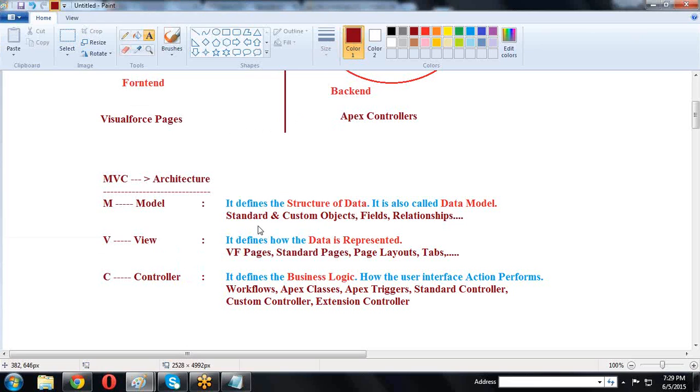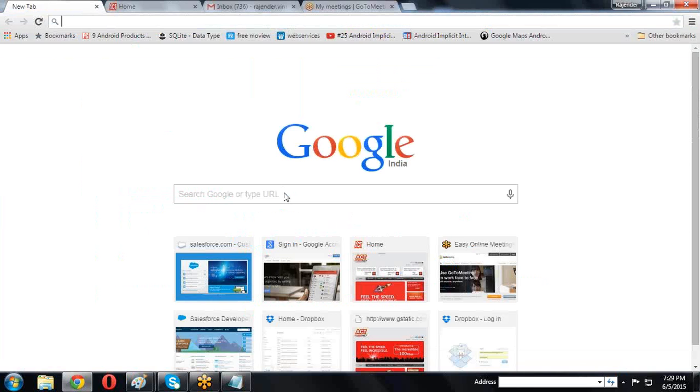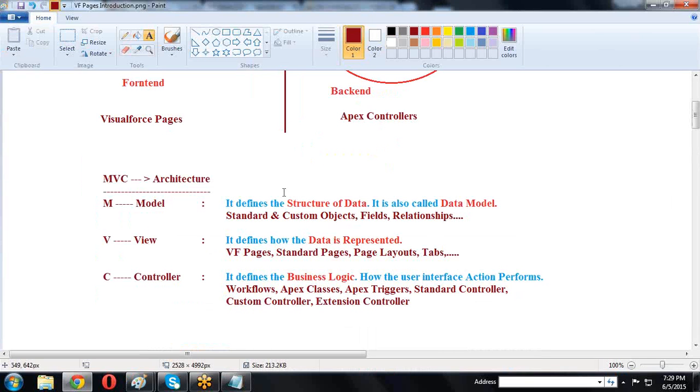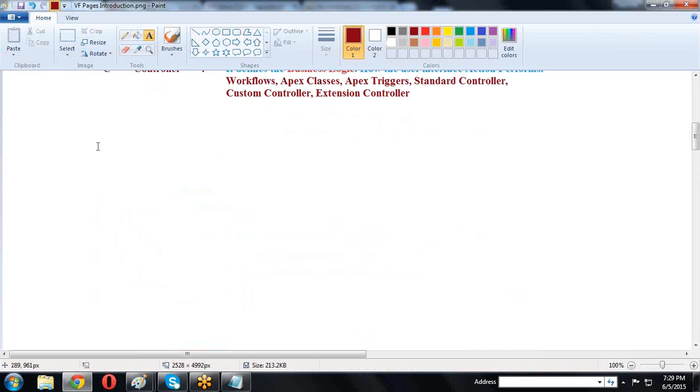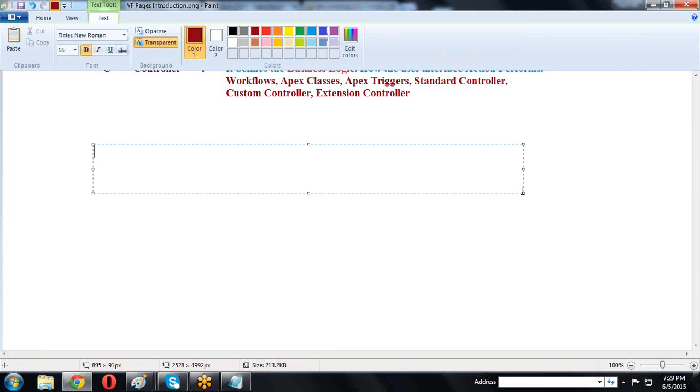Okay. Now, Visualforce pages provide elements only.